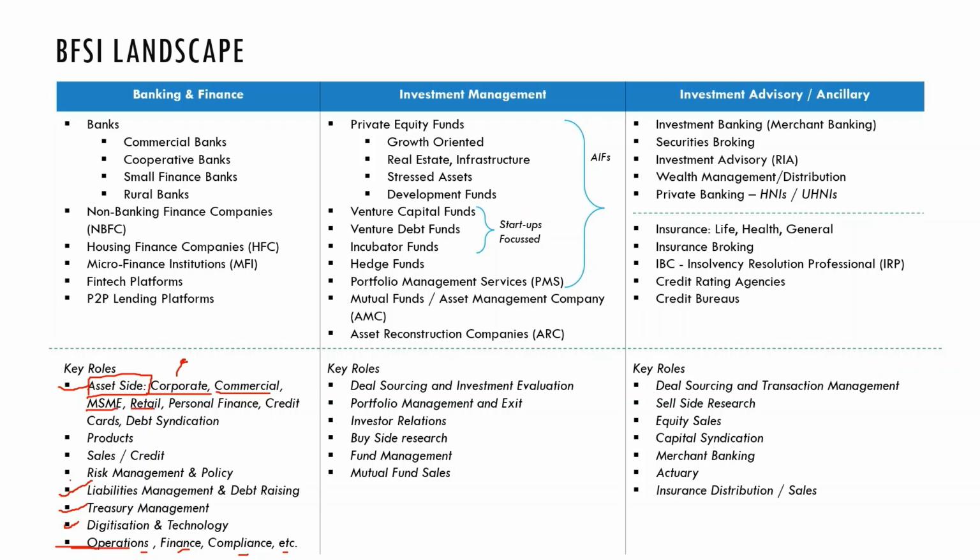And then there could be more retail flavored loans, more granular loans, like consumer lending, education loans, two-wheeler loans. Then there is unsecured lending, which is in the form of personal finance, credit cards, and then also debt syndication. These are only a representative list. There could be multiple other types of sub departments which are managing different kinds of loans. Debt syndication comes more in the wholesale part because it's where multiple institutions come together as a consortium to lend